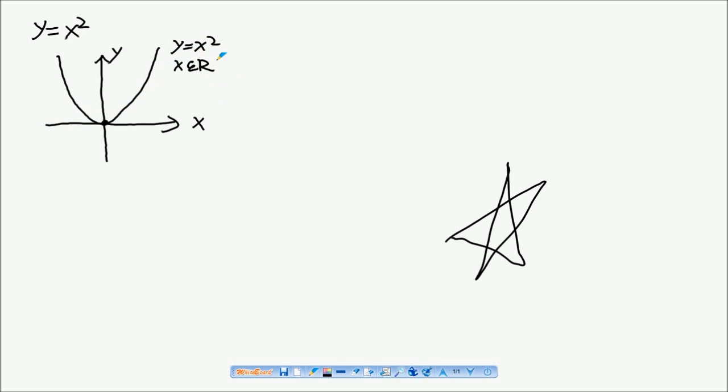We call this the standard graph, one of the standard graphs of parabola. Okay. The idea is